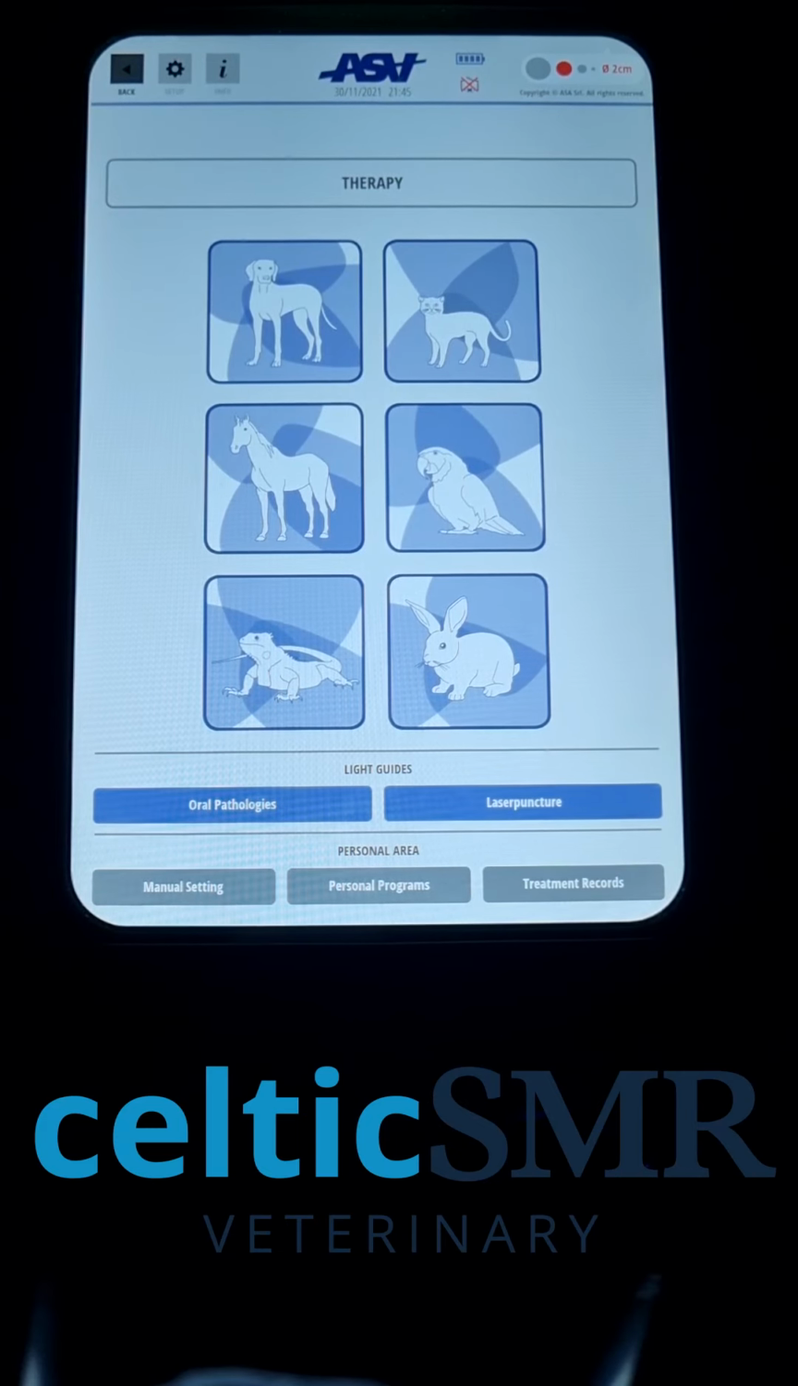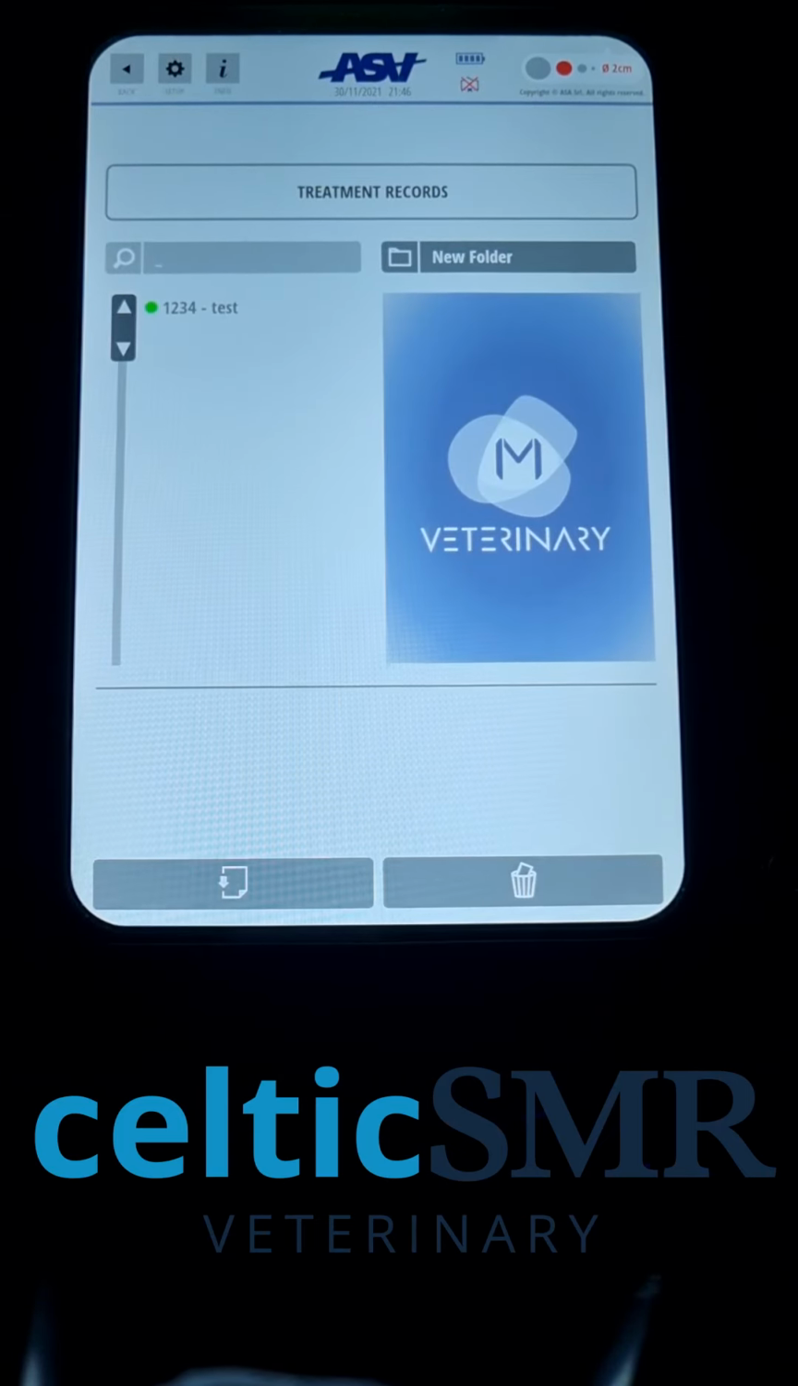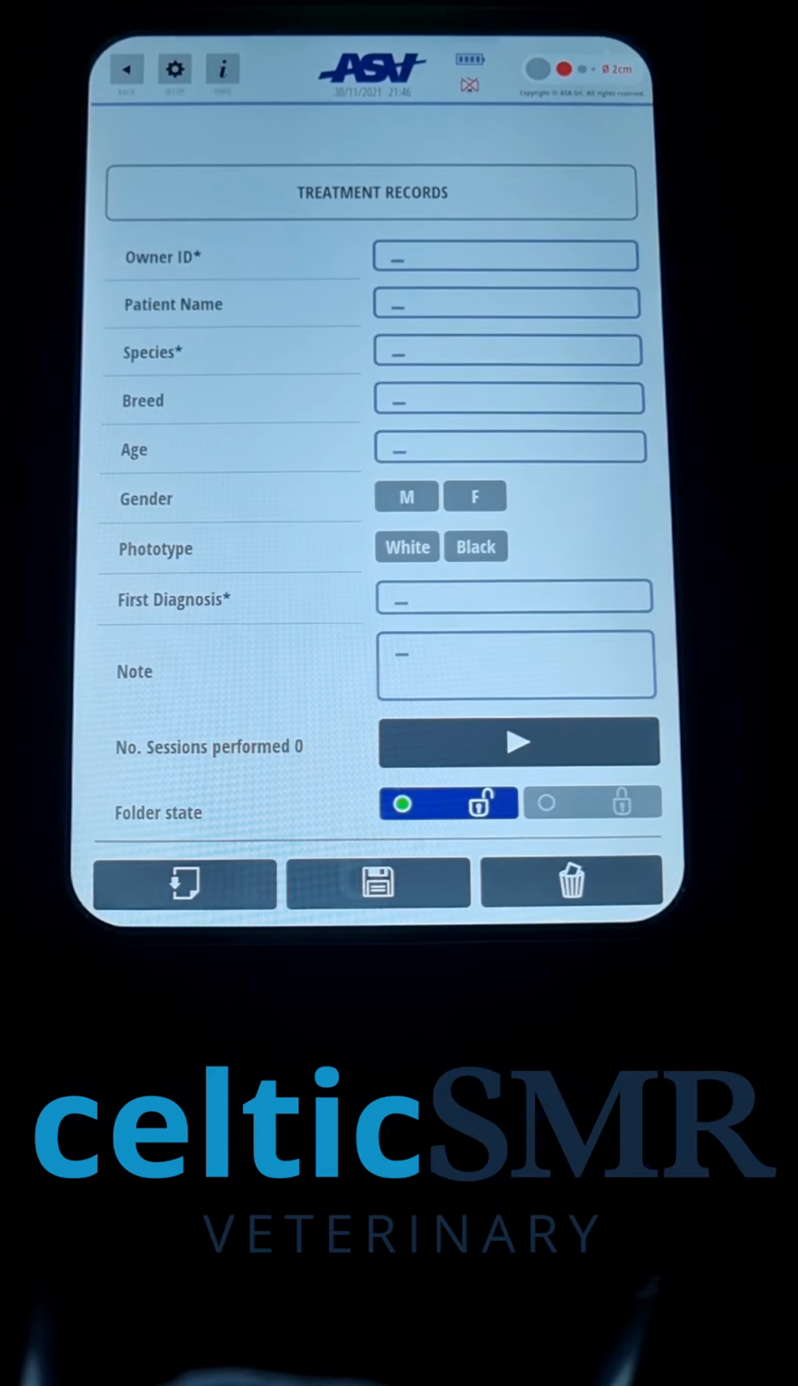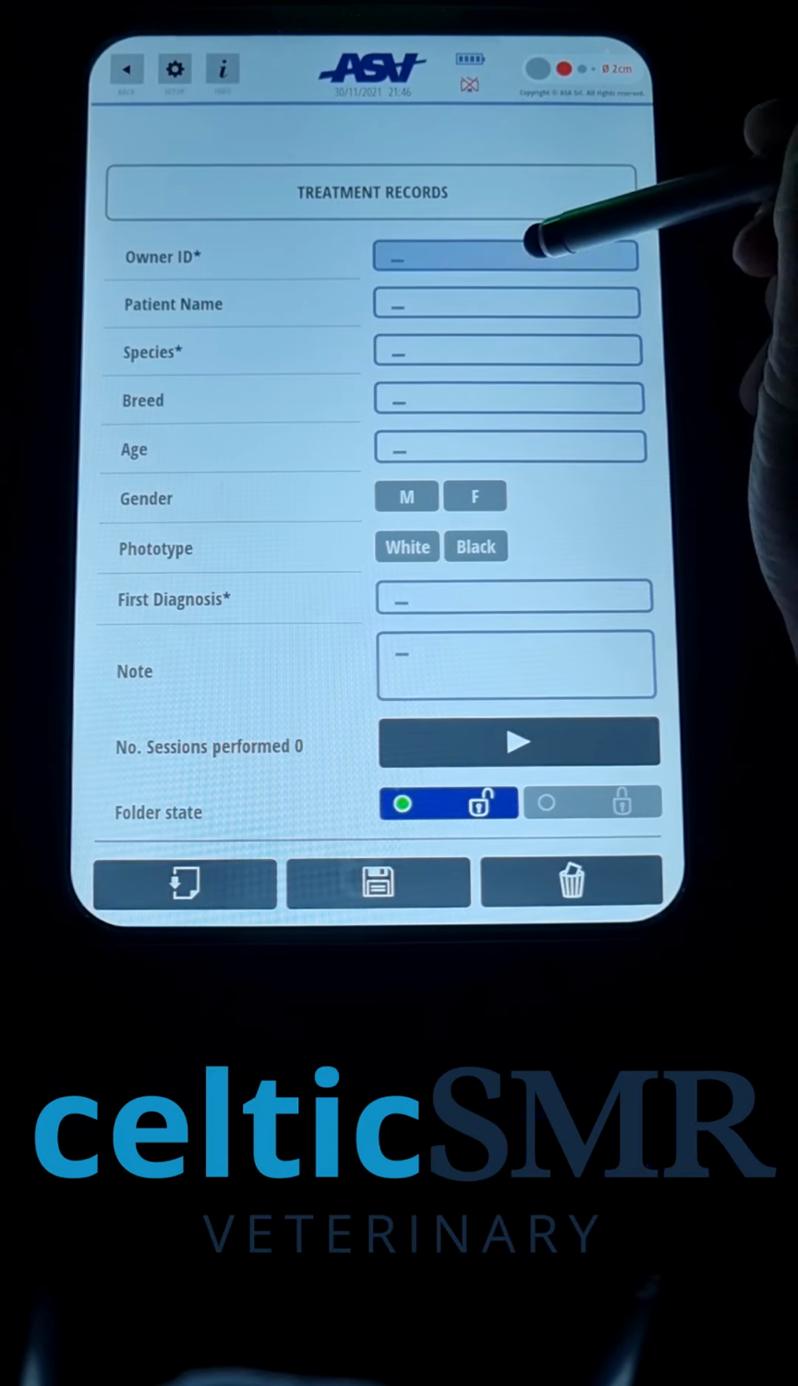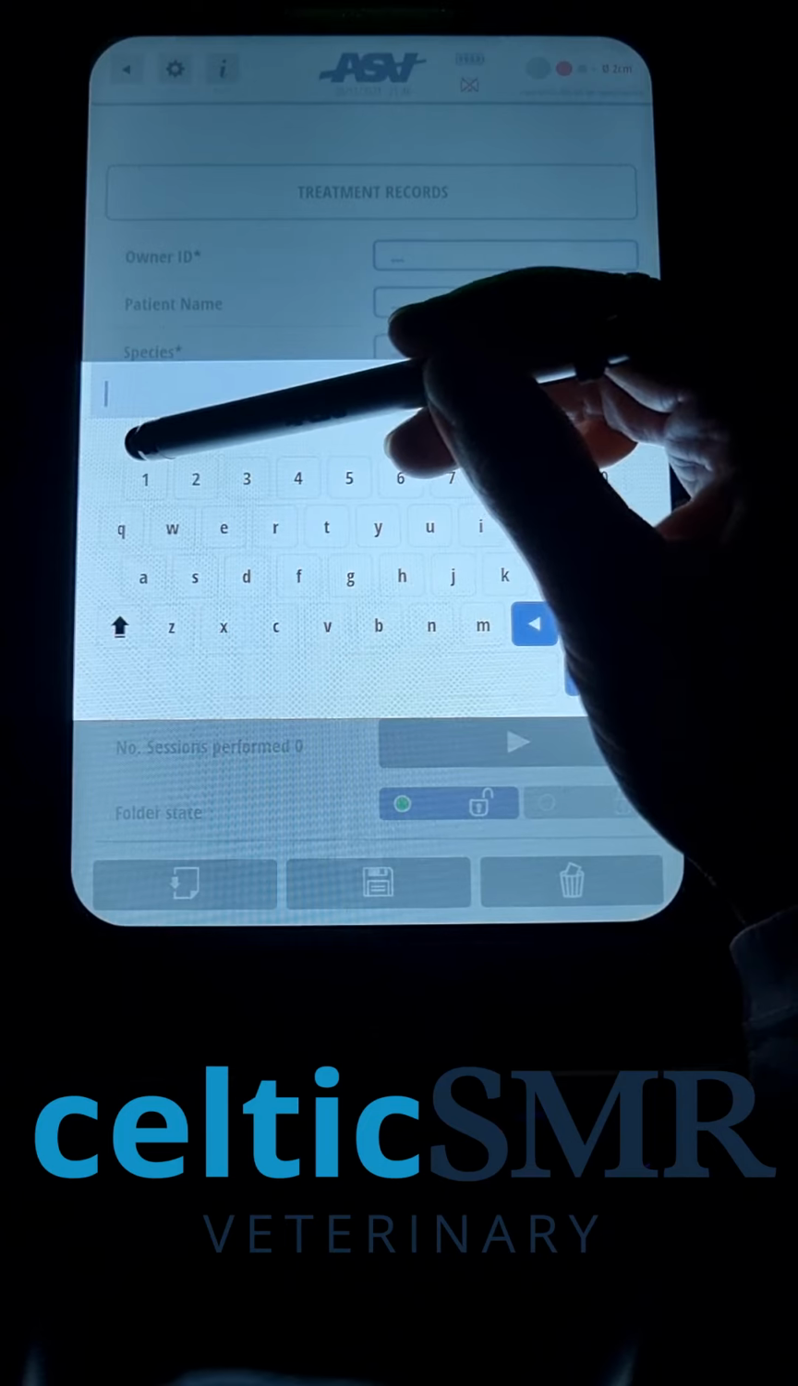So we're going to talk through how to set up a new patient record and input some protocols using otitis externa as an example. So first of all, we click Treatment Records and New Folder to enter new patient details. So we can input an owner ID,